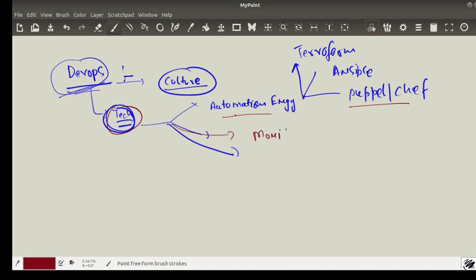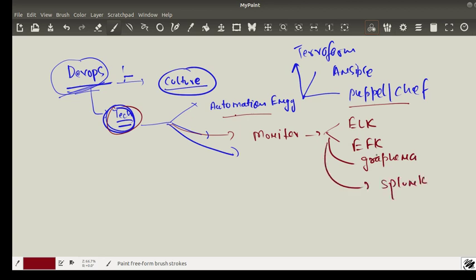I'm not saying first or second. A couple of people use intelligent monitoring, using ELK or EFK kind of software, or sometimes Grafana or Prometheus. A couple of more kinds of software, and Splunk also they are using. So monitoring is also one of the tech stack of our DevOps culture. And then the third one we have